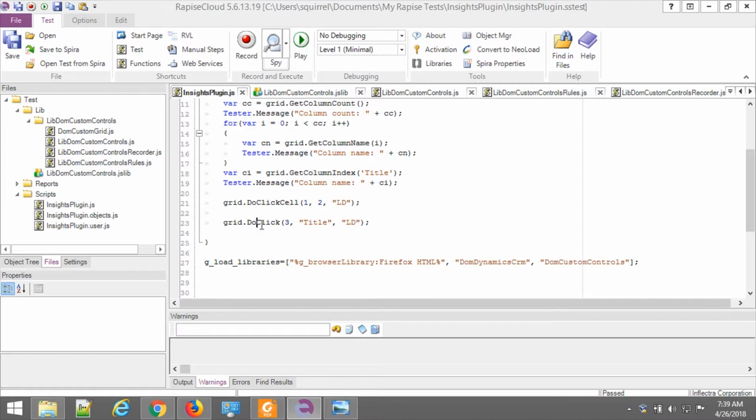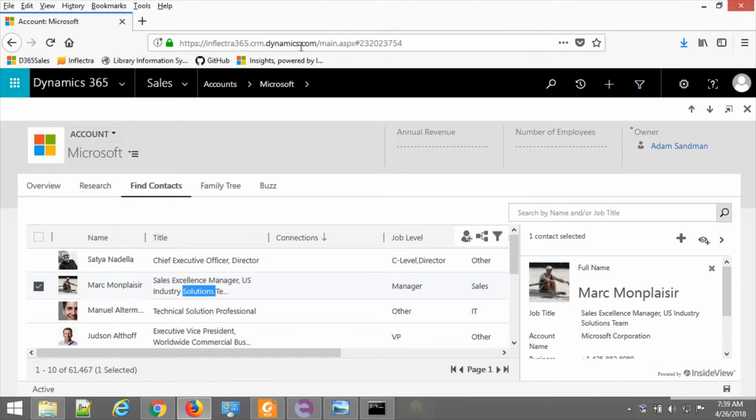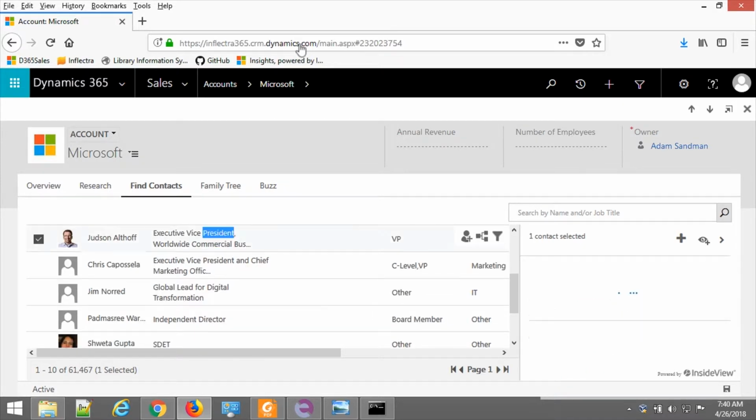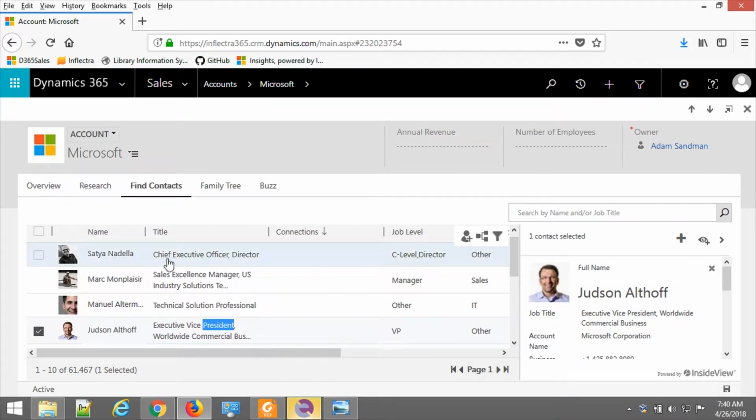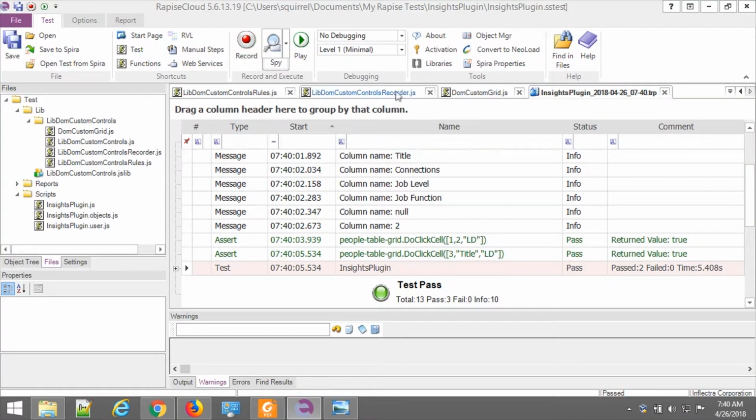Oh, we did not, I made a mistake, not do click. It should be do click cell. Running again. Clicking on the first, and then we clicked in the row number 4, I guess. Yes, this is row number 4. So it works. The last thing that we need to look at